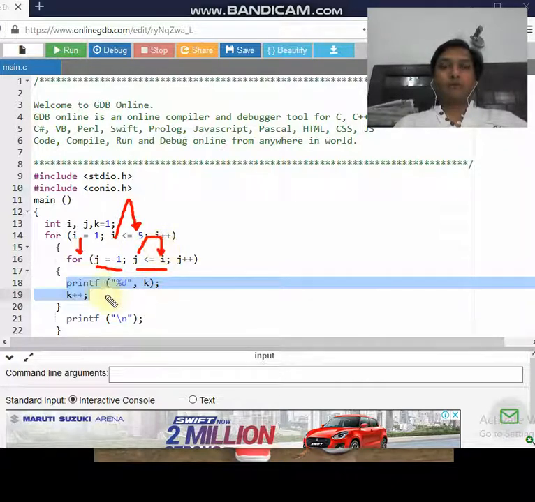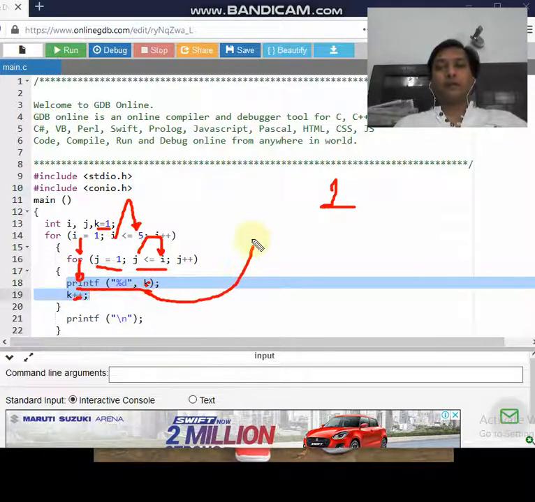So control reaches the inner for loop body, where the printf statement is written, and inside printf we print the value of k. The value of k, initialized as 1, gets printed here, and then k gets incremented by 1 and becomes 2.